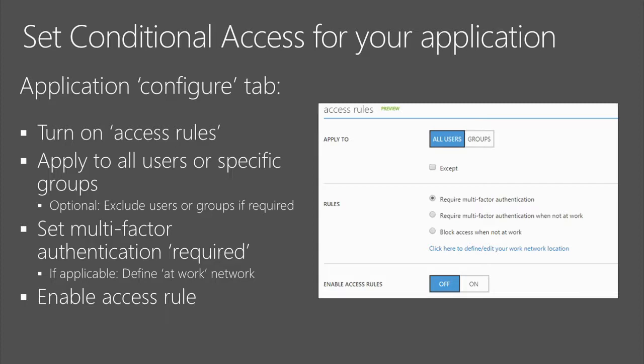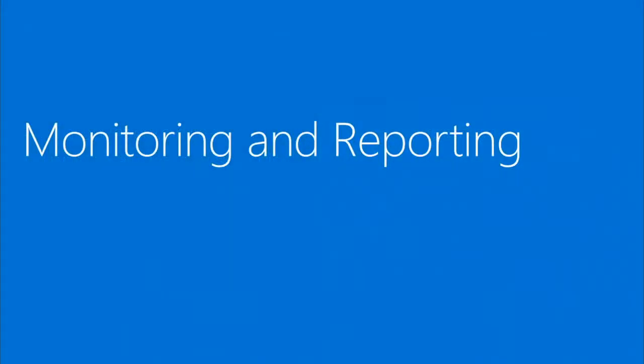You've added your application, you've configured it. You go to the application configuration tab, select the conditional access section, enable the rule if you want to, set the rule up for a select audience through groups. You can also add exclusion parameters. So you can say, everybody who's a member of this group except for the CEO, because he gets really irritated, or she. You can then select what the rule does. Require MFA only when you're out, or maybe don't let any user access to this application if they're off of CorpNet. And finally, you enable it. And that's it. So this is in less than a minute.